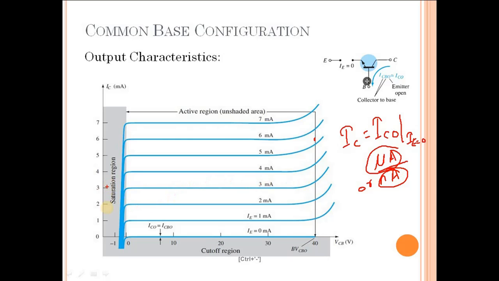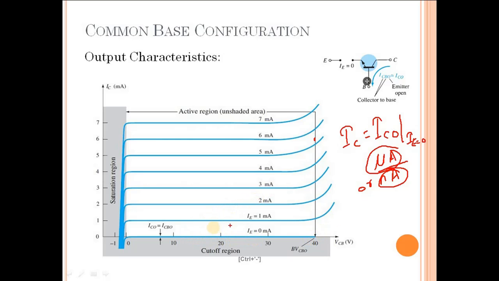And if you see over here, IC on the y-axis is in the milliampere range. So such a small IC, contributed only by ICO in the microampere range, is of such small magnitude that it looks almost flat on the x-axis. So basically, for IE equal to 0 milliampere, IC is a finite quantity, IC is equal to ICO, and that too in microampere. It is so small that it looks almost flat on the x-axis, but it is a finite amount of collector current.